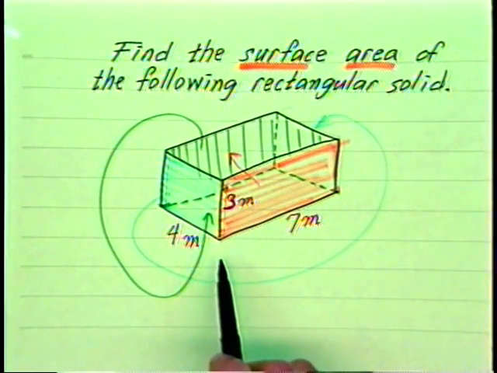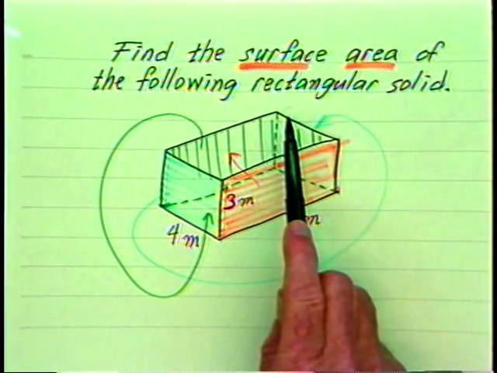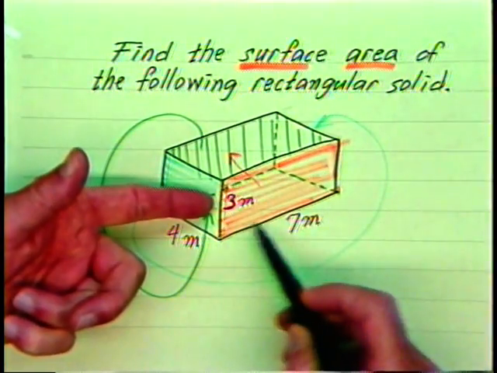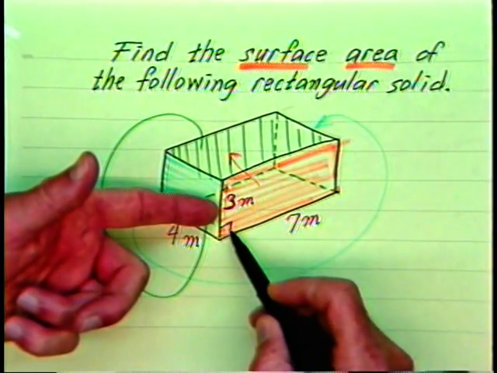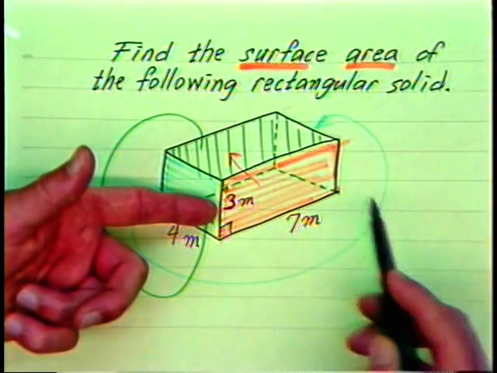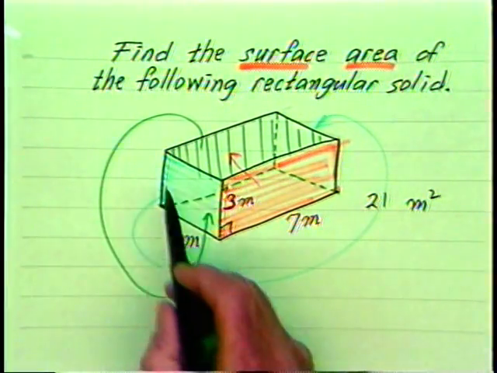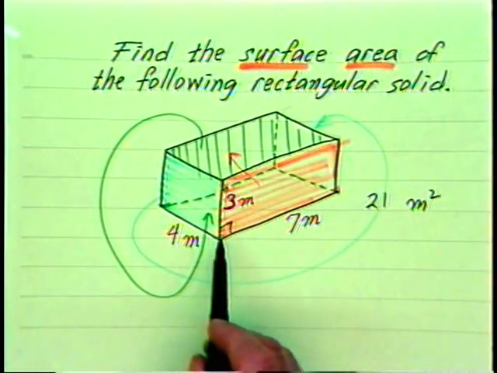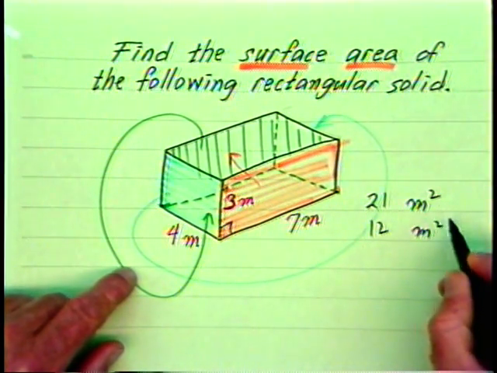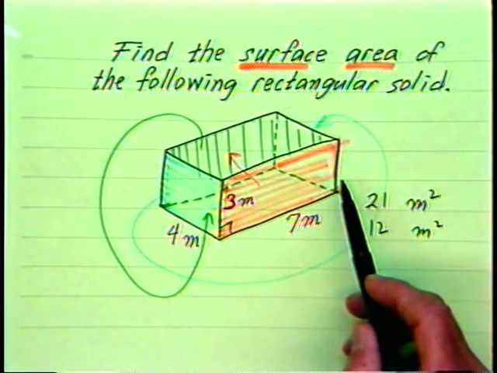So essentially we have 3 parts: the side, the end, and the top, and then we'll double it to get the other 2 sides and the bottom. So let's figure this side first. It's a rectangle, even though it's drawn in perspective. So the area of a rectangle is 3 by 7, which is 21 square meters in this case. The area of the end is 4 by 3, which is 12 square meters. Then the area of the bottom is 4 by 7, or 28